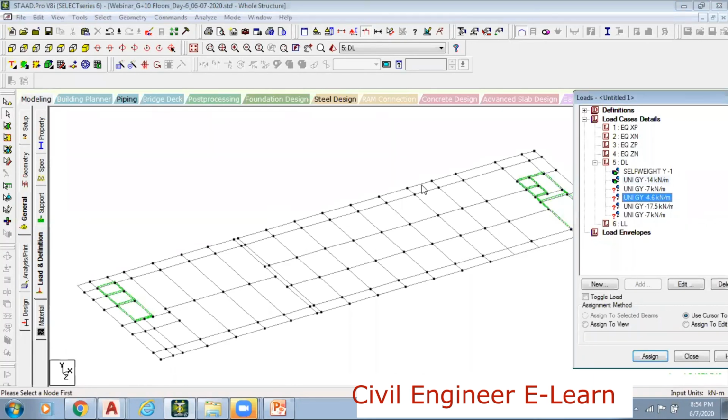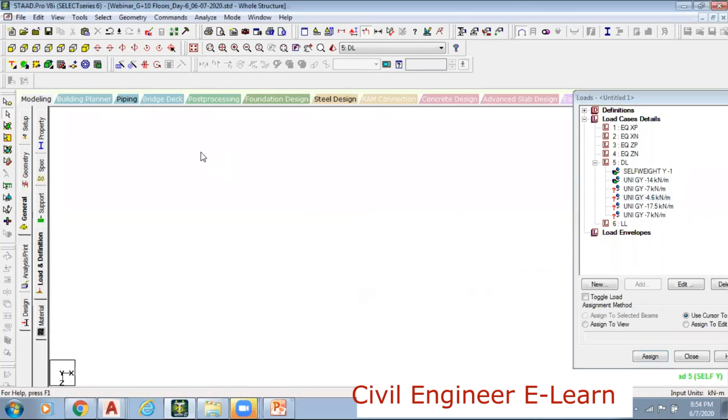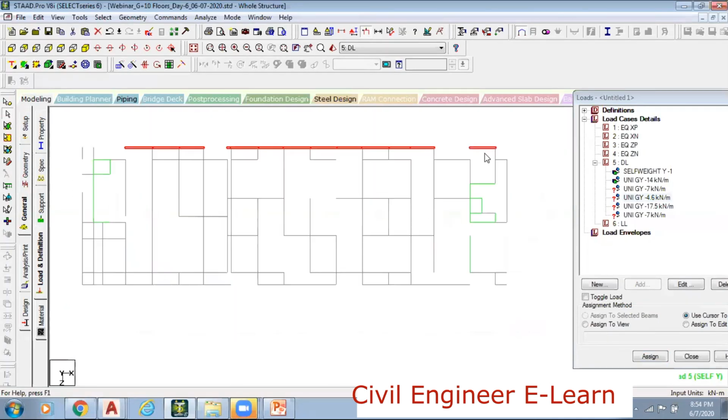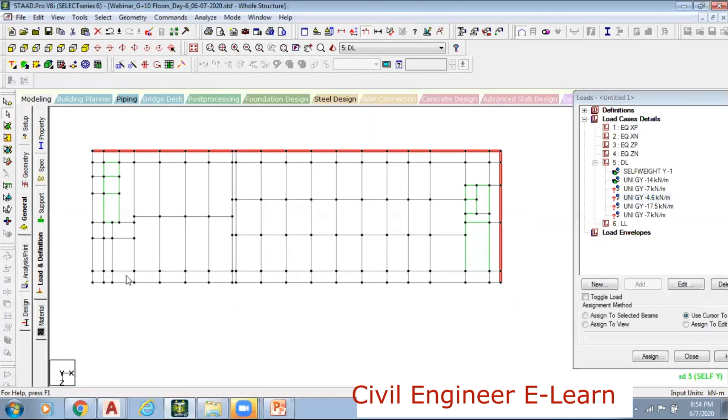Right, I will select this 4.6. Let me assign this 4.6 kN per meter for the entire periphery of the structure. That's it.